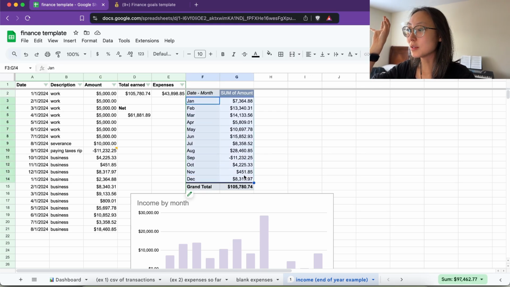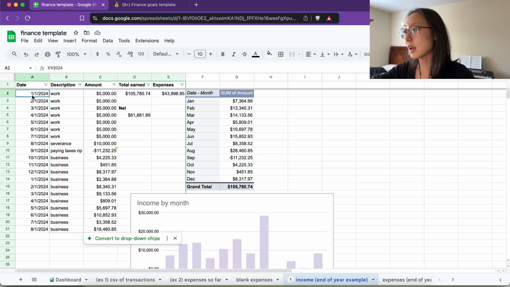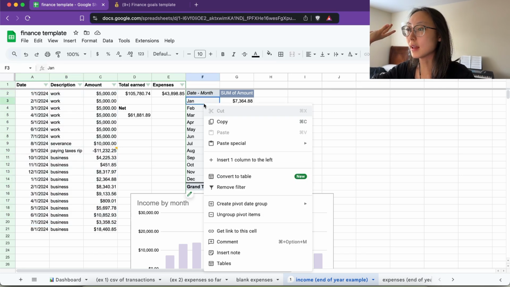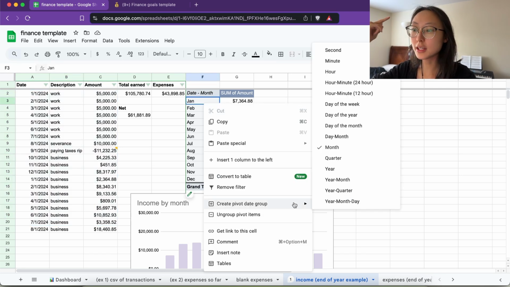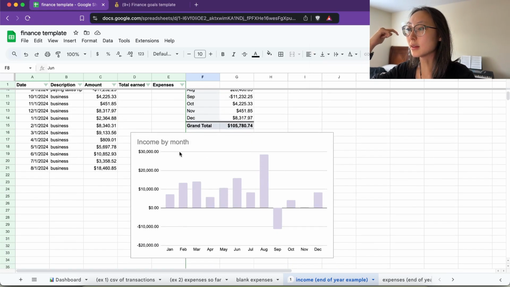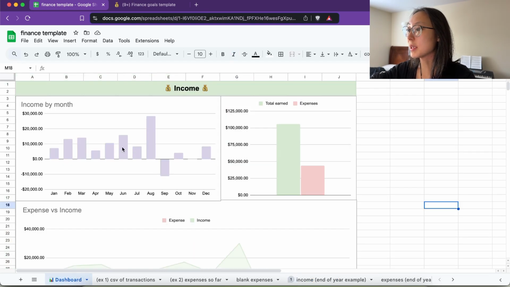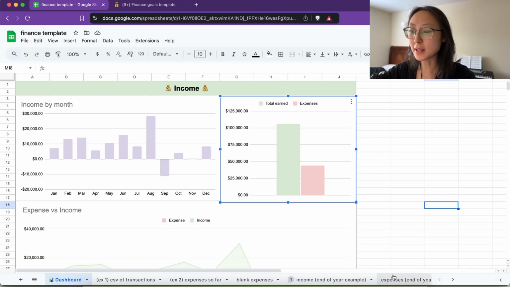So I made a pivot table, did the same thing. I put the first of every month and then selected everything, made a pivot table, created a pivot table date group and sorted it by month, and then made this chart. So I selected everything here and made the chart and then pasted it here. Then for total earned versus expenses,